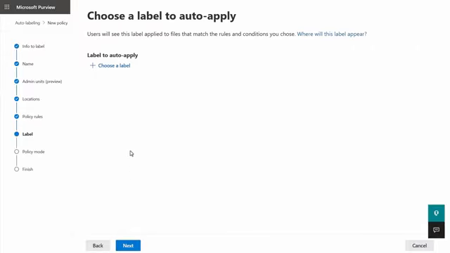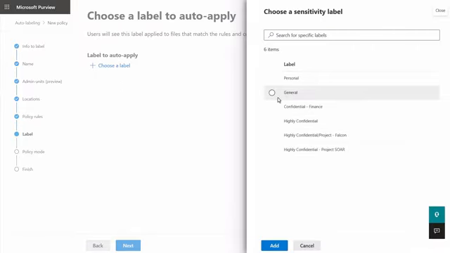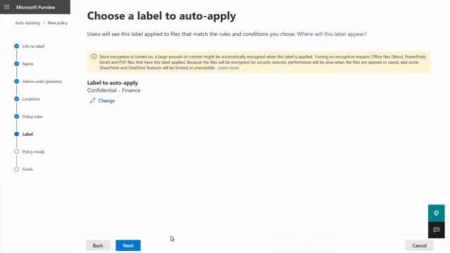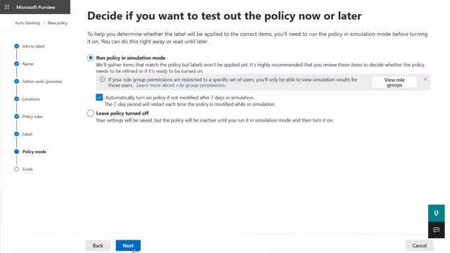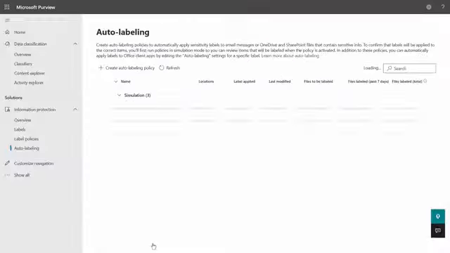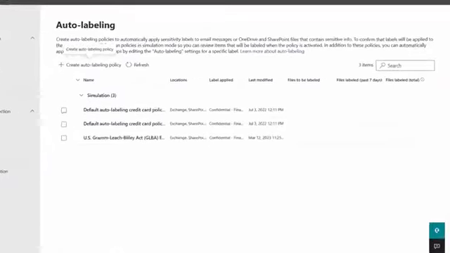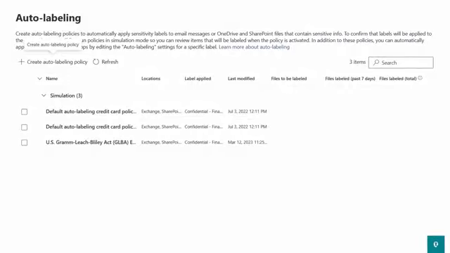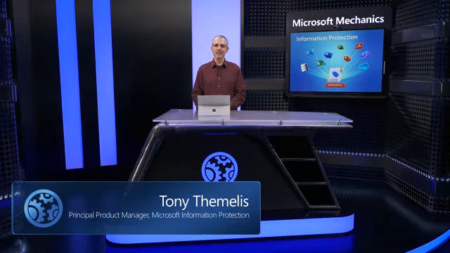Then you select the corresponding label we saw earlier that we want to apply. And importantly, if you want to gauge how impactful this policy will be prior to enabling it, you can run it in simulation mode before turning it on. And so, with these policies in place, labels will now be automatically applied where specified, the rules that you set for manual labeling will also be enforced, and you're all set. So that was a quick overview of Microsoft Purview Information Protection to help you automatically discover,